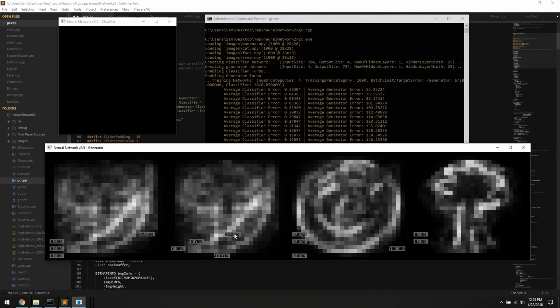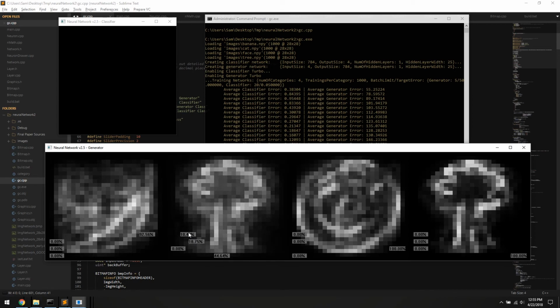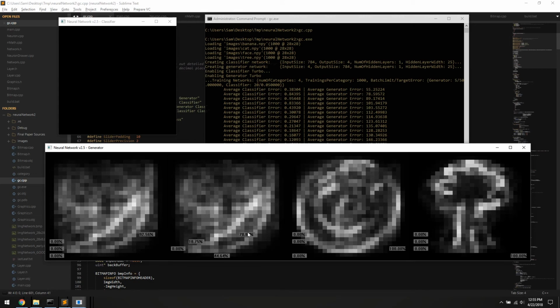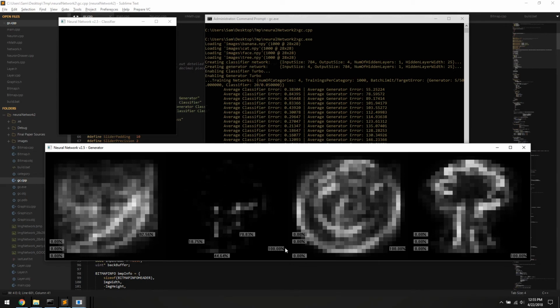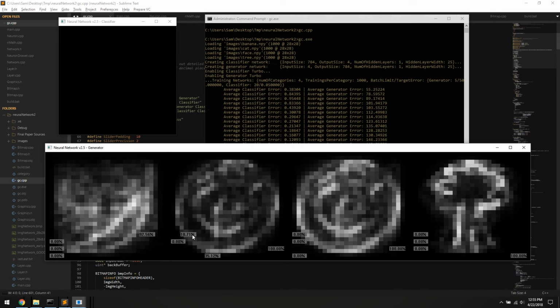Like here, I'll start to increase banana, and it does turn from a tree to a banana right about there. And if I increase faces, let's see, it looks like there's just too much junk here in the neural network, so maybe we'll back down these other ones, and eventually there we go. It starts to generate a face out of nothing. And we can actually turn the face into a tree. So it's just kind of fun to play around with it. There wasn't really any